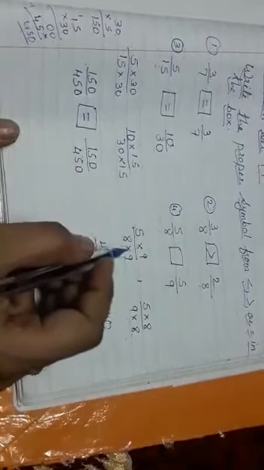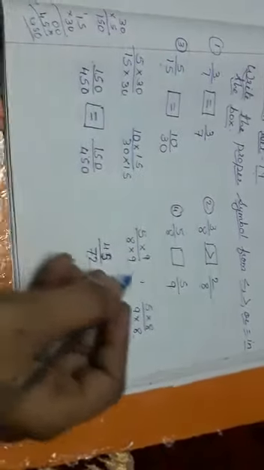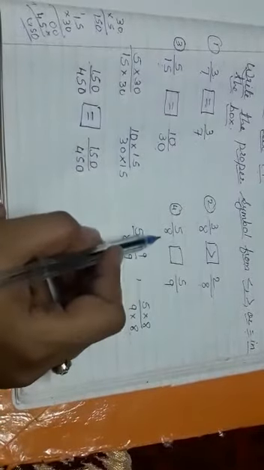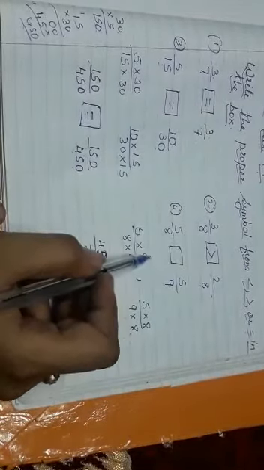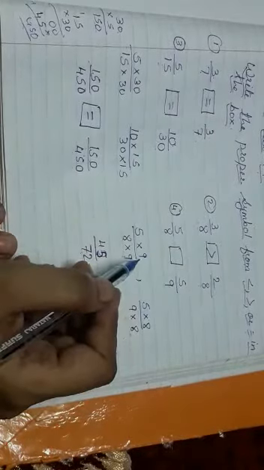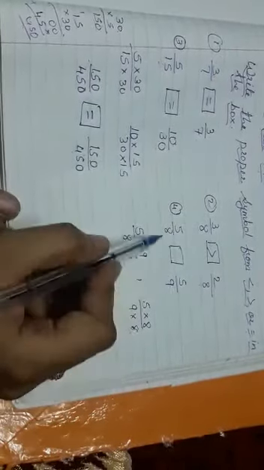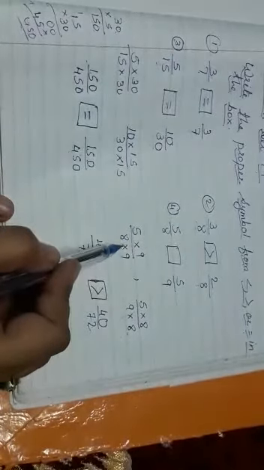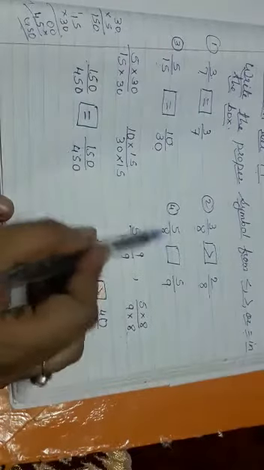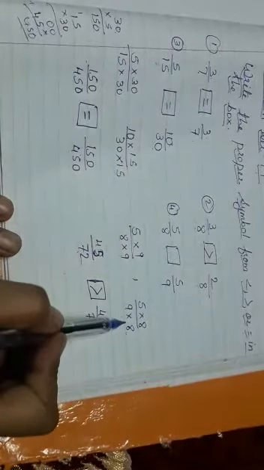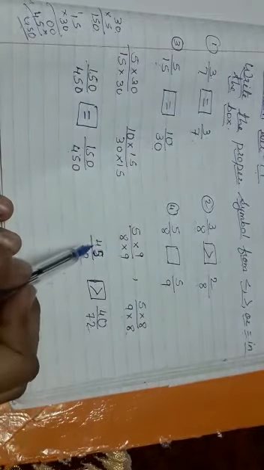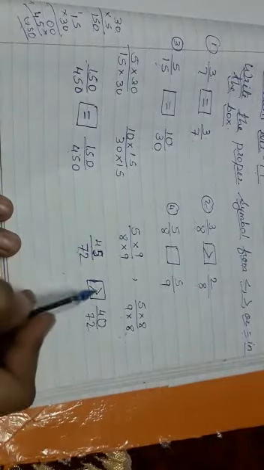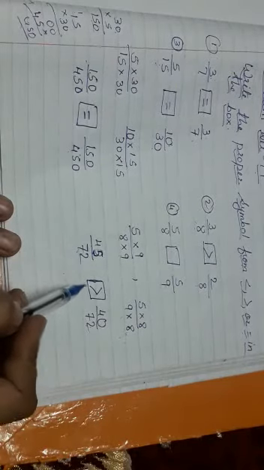Now same way in the fourth also we will do. So 5 upon 8 and 5 upon 9. So you can see the denominator is different and the numerator is same. So how will you take it out? You take it out by making the denominator equal. See, 5 into 9, this 9 I have given here, and 8 into 9, and this 8 I have given to 5 into 8 and 9 into 8. So 45 and 72, 40 and 72. That means this one is greater. So that's why I have written the greater sign.